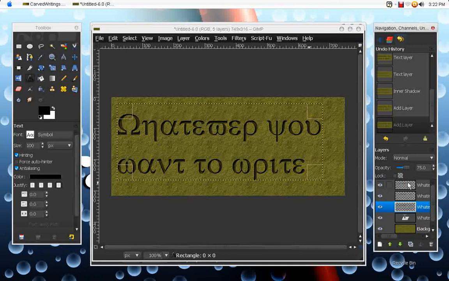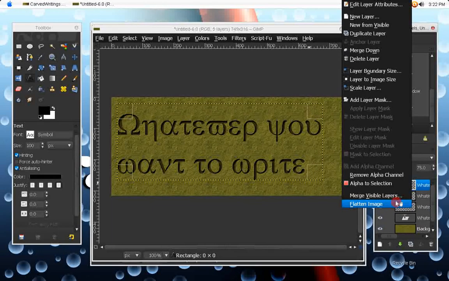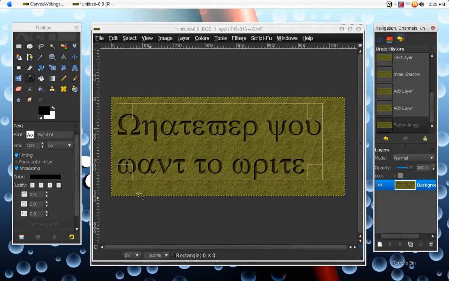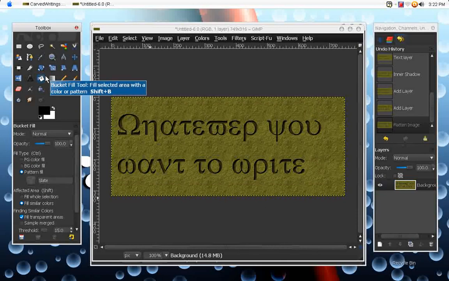And then at this point you can actually just right click on a layer and flatten the whole thing, because that's pretty much your engraved text. But just to add a little more of a rustic, looking at an ancient temple text effect,